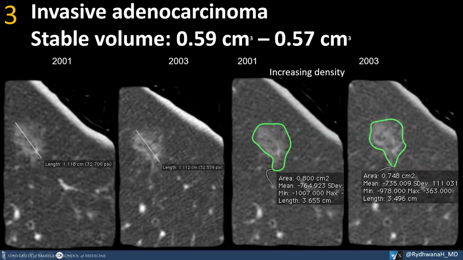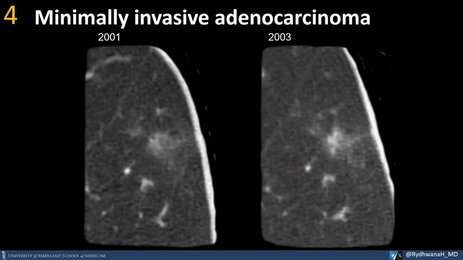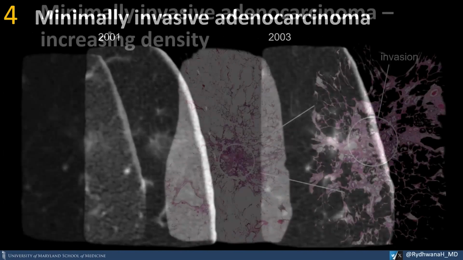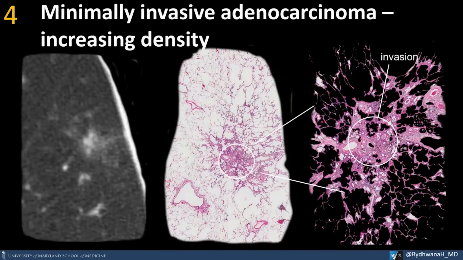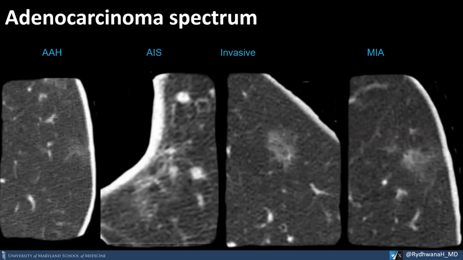And this was biopsy proven to be invasive adenocarcinoma. And then the last nodule that this patient had, this poor patient, 4 nodules, and all of these had a diagnosis associated with it, is 2 years. What you have is a growing solid component and density of this nodule. And this was a case of minimally invasive adenocarcinoma. And on biopsy, you can see that the solid component showed invasion and diagnosis as minimally invasive adenocarcinoma. So 4 nodules with 4 different diagnoses.